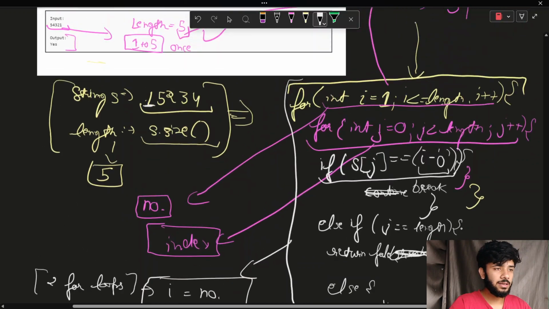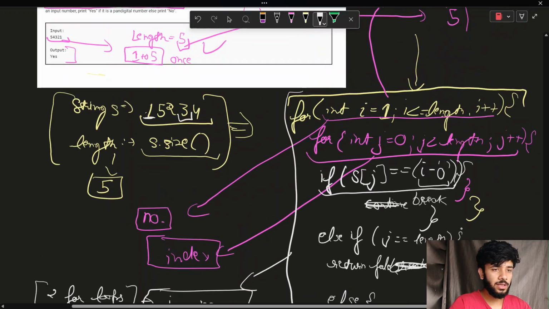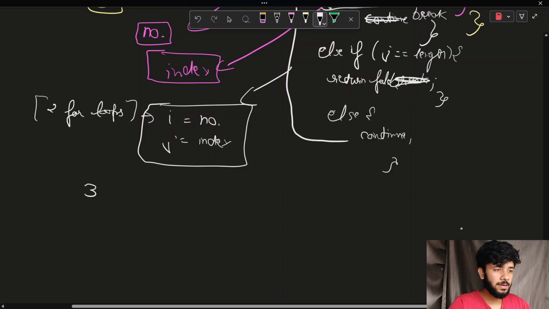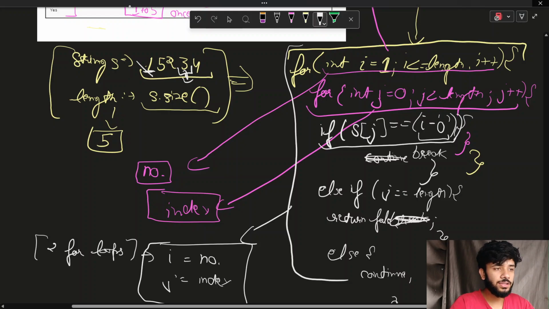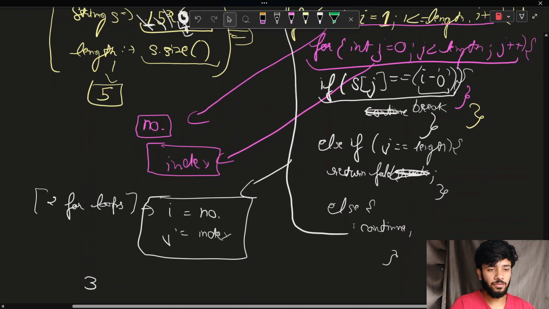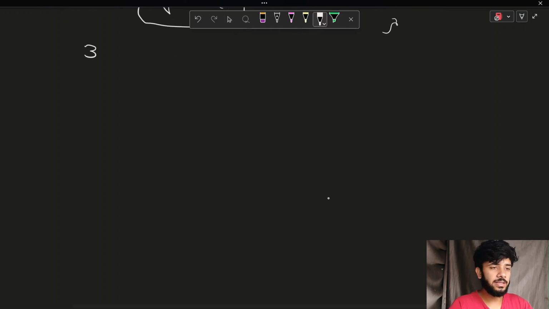It's just like if we have three, suppose three came in this loop. So we will take three for comparison. Then we will start checking from 0 till the last of the string, like okay, is this that 3, no, this is 3, no, this is 3, no, this is 3, okay, break it off and check for the next. Suppose we have a number 6 here, and it would come at index 3, so we will not find the 6, then we will break the loop and return false. So there is too much complexity. But